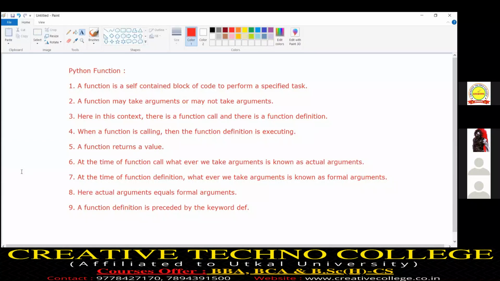Whatever argument we pass at the time of function call is called an actual argument, and whatever argument we take at the time of function definition is called a formal argument. In function context, actual arguments equal formal arguments. I hope everybody is writing what I wrote.